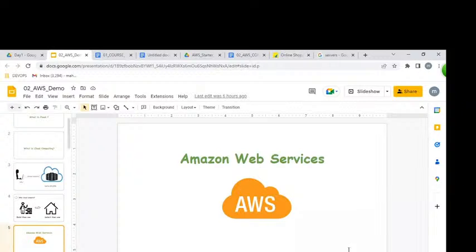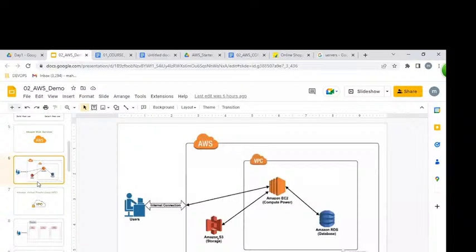So EC2 is nothing but servers. Network is nothing but VPC. RDS is nothing but databases. S3 is nothing but storage. So for deploying our applications, what kind of infrastructure do we require? We can get it from the cloud on a rental basis. First, let us understand what VPC is, what EC2 is, what S3 is. Let us deep dive into this, please.